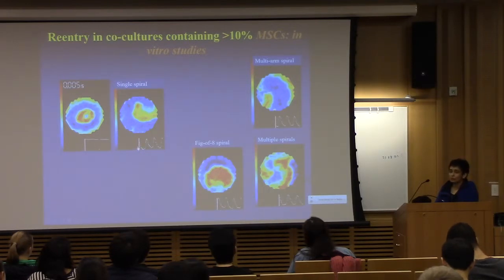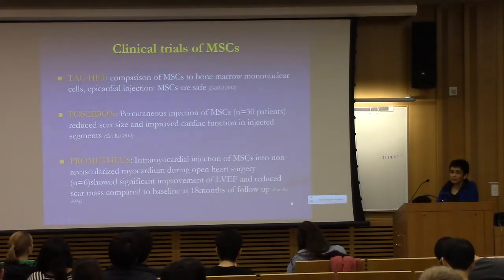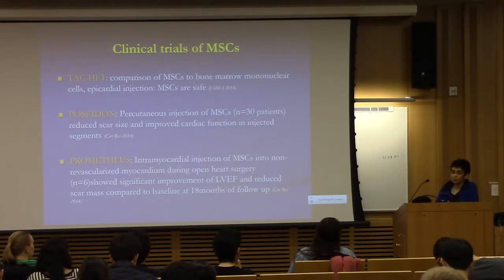But again, it was dose related. If you had only 5% of cells, there was no problem. If you had 20% or more, then you got a lot of arrhythmias in vitro. So the good thing is that in clinical trials or in experimental models, the number of cells that survive is really low. And so as a result, we haven't really seen arrhythmias by individual microinjection. If you had injected 10 million cells and 20% of them survived, possibly you could have had arrhythmias. But unfortunately, most of the cells that are transplanted die, and so their functional benefit isn't great,